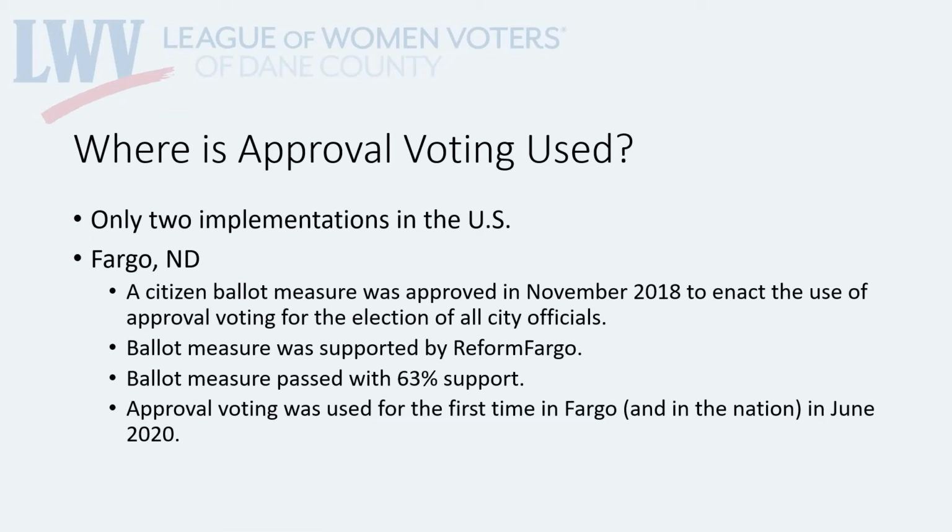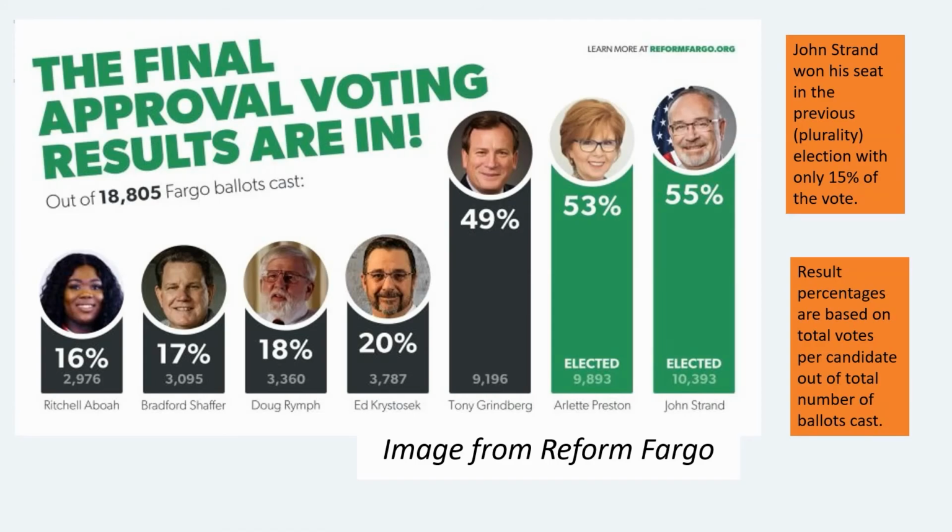Approval voting was used for the first time in Fargo in June 2020. The results of Fargo's first approval vote for city commissioner are shown here. Their city commissioner seats are at large, and they had 2 open seats, so there were 2 winners in this race. Both winners had more than 50% approval. In previous plurality elections, candidates were frequently winning with under 20% of the votes. John Strand was an incumbent and had won his previous 2016 seat with only 15% of the vote in a